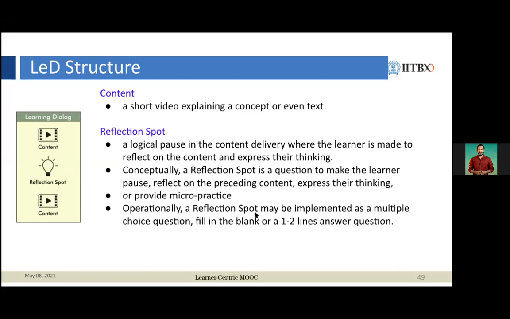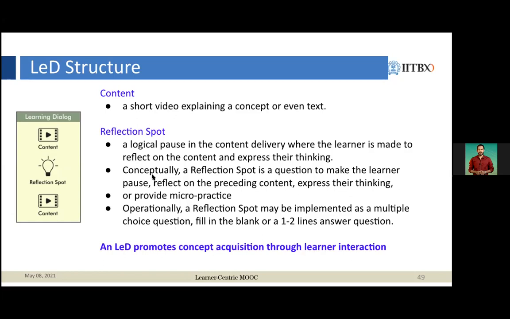Operationally, a reflection spot can be implemented as a multiple choice question, fill in the blank question, or short answer question. Correct. So this is the reflection spot. So this is how LED can promote concept acquisition through learner interaction.